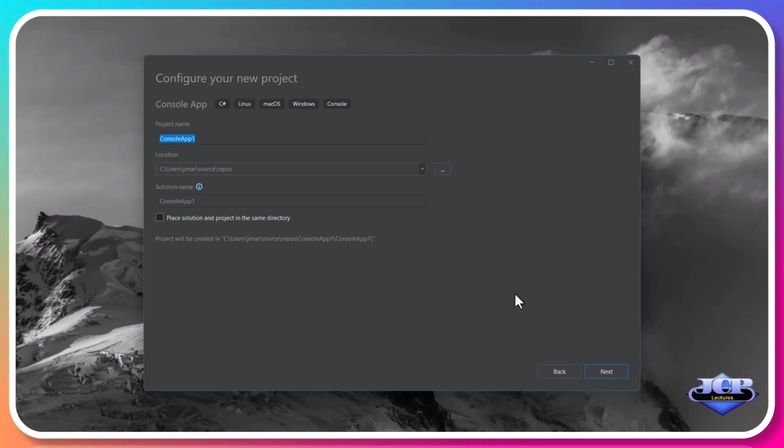Now the next step is to choose the location. So open your preferred folder. I am going to create one for C#.